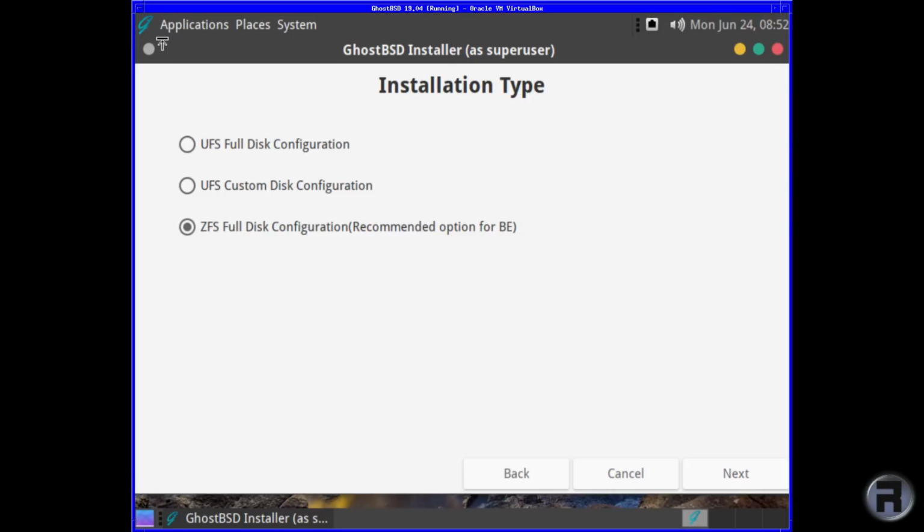Now, it gives you a choice, which I think is very good. You can have your UFS full disk configuration, UFS custom disk, or ZFS full disk. But as it says there, recommended option for backends. So if you're using this as a server, it goes without saying ZFS is the best one to pick. I know it goes against what some people like to say, but I always pick UFS for desktop. If I was using a workstation or a server,